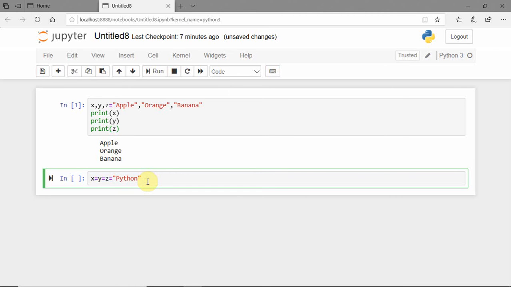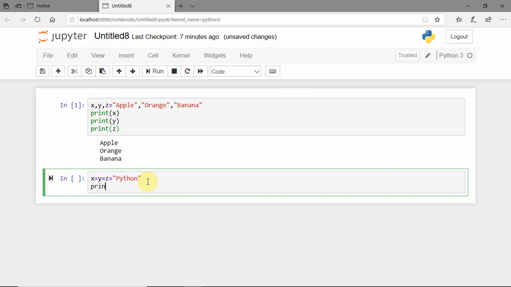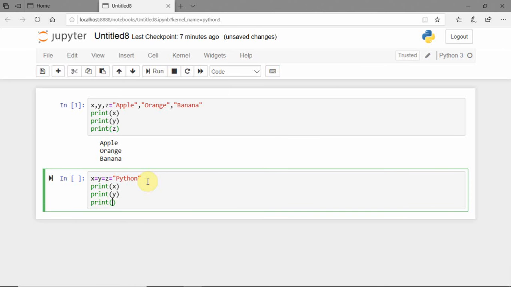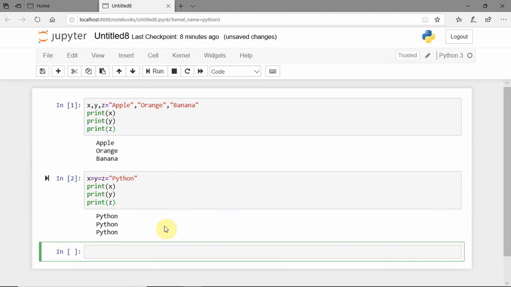Now let's print x, print y, print z. Let's see the output. With the help of this syntax, you can assign a single value to multiple variables in a single line. This is one of the uses of the Python language. And the print statement that you have used here is often used to output variables. So now let's see some more examples in this variables concept.